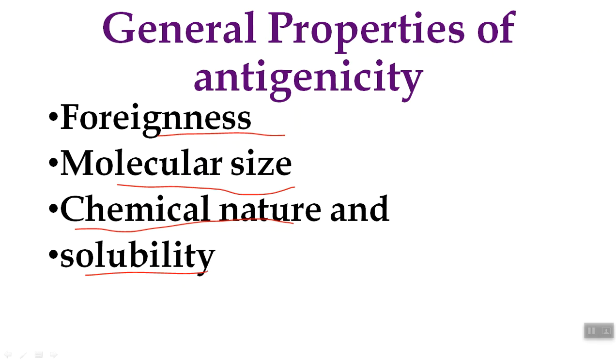How soluble the antigen is. The non-antigenic nature of synthetic polymers is also attributed to their insolubility in the body fluid. If the antigen is insoluble in the body, it will not be readily recognized by the immune system, and it will be less antigenic. But the substances which are not converted to soluble forms by the tissue or the enzymes